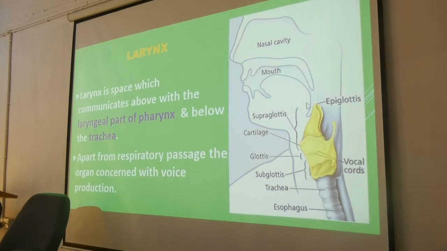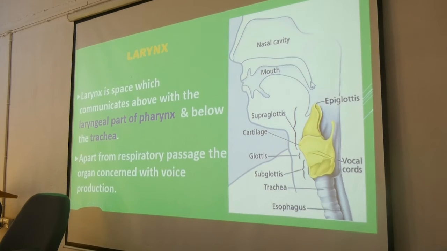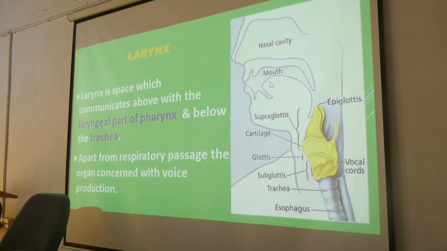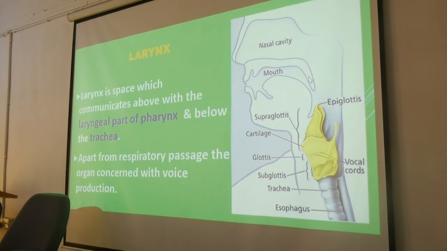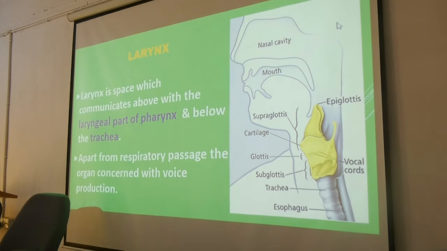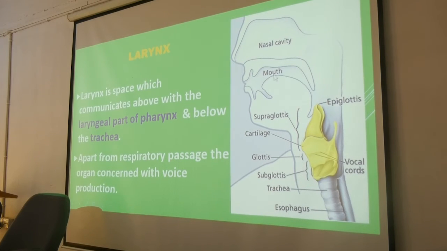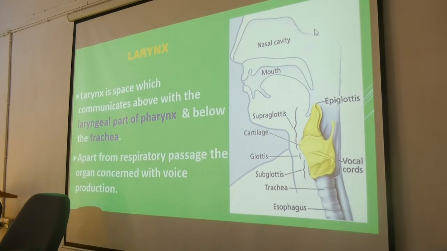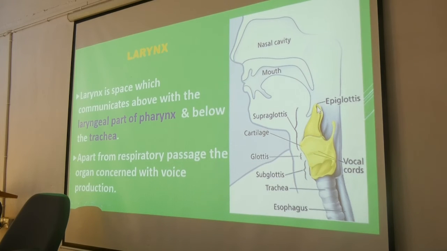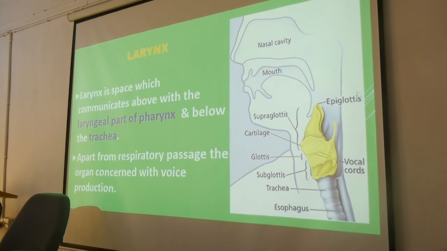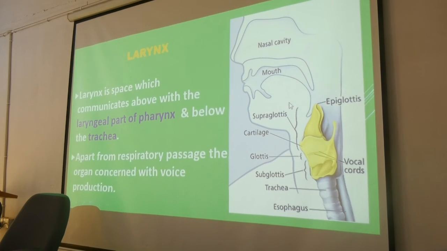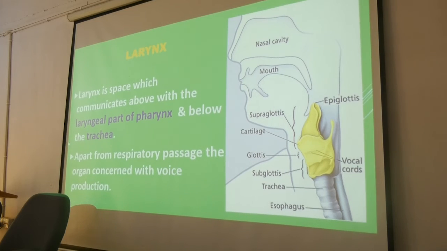ঠিক আছে, তার মানে দুটো সুইং ডোর আছে, একটা হচ্ছে এটাকে কি বলছি সফট প্যালেট। যখনই কোনো খাবার মাউথ দিয়ে যাচ্ছে তখন সফট প্যালেটের এই ডোরটা কোথায় যাচ্ছে, উপরে চলে যাচ্ছে। ঠিক আছে, তাহলে এখানে খাবারটা যেতে পারছে না ন্যাসোফ্যারিংসে। ঠিক আছে, আর এটাতে কি হচ্ছে, যখন এপিগ্লটিসটা ক্লোজ করে তখন কিন্তু খাবারটা একইভাবে ল্যারিংসে ঢুকতে পারে না।